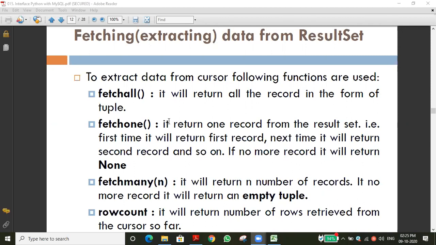If I use fetchone, the first record only will be taken. It will be retrieved from MySQL, from the table, and displayed in the Python prompt. Have we got it?